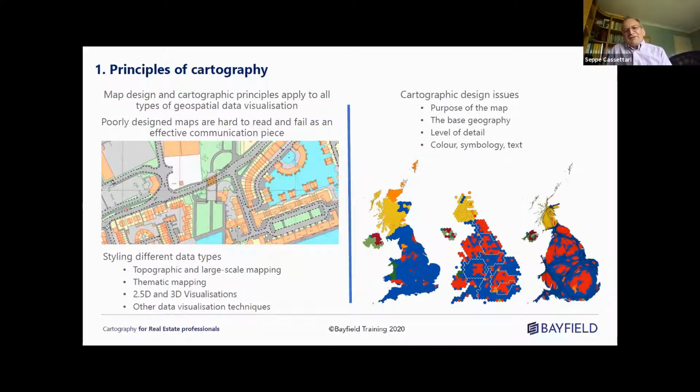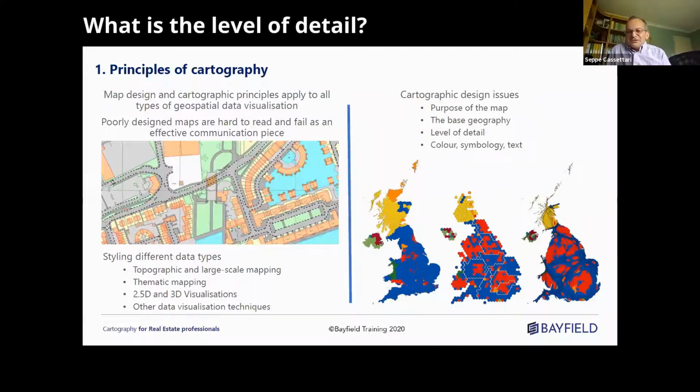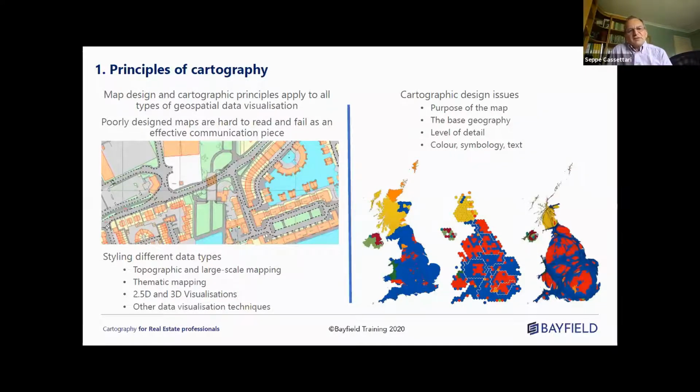Once you've decided on the geographical level, you also need to think about the level of detail. The size of your area and the medium clearly dictate that to some extent, but you need to think about, do I want to show all the detail I have in my database? Do I need to generalize it because I want to show more? Will I start to use symbols or color shading, other techniques, which we'll talk about shortly, in order to reduce the content of my database to make it effective as a communication tool?